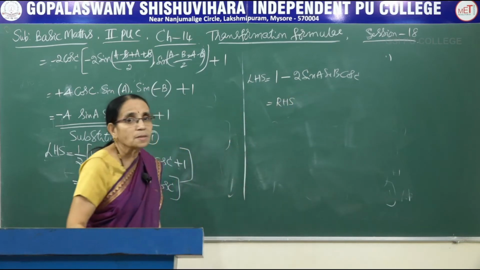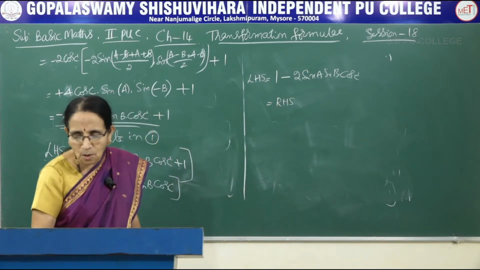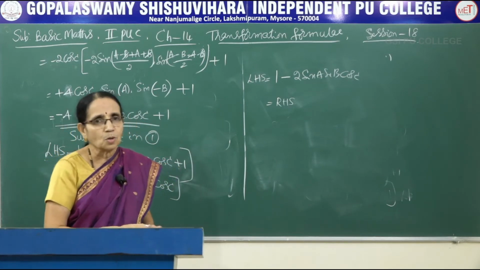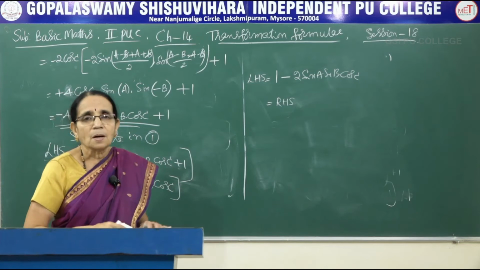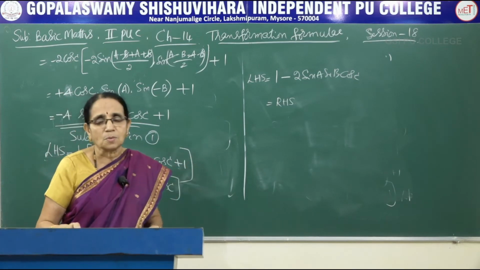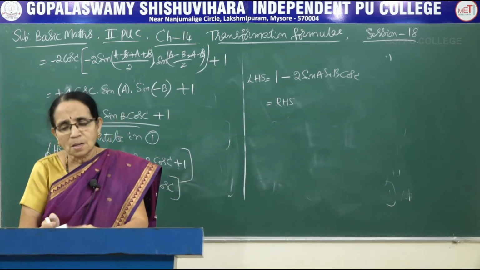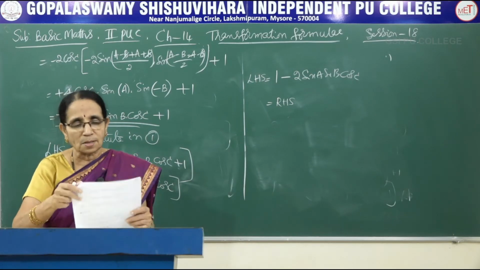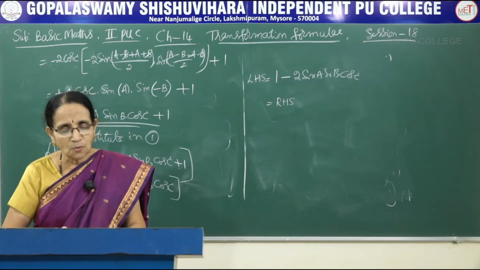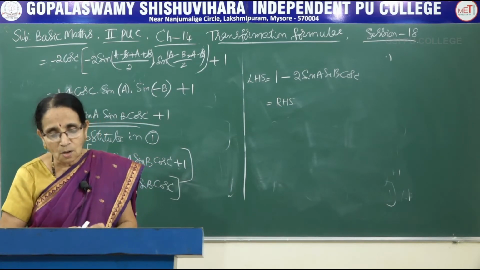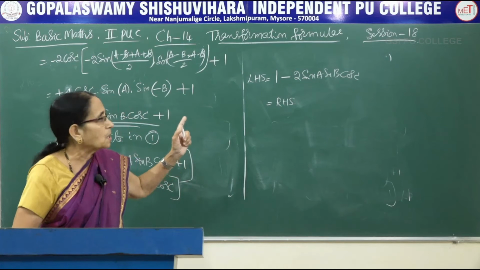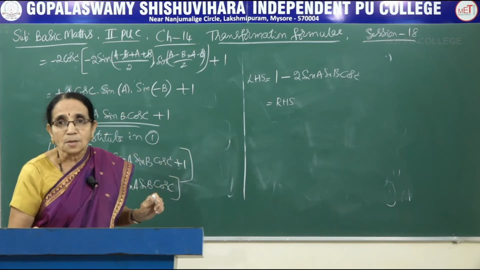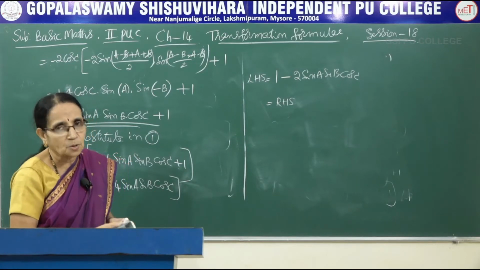These are quite lengthy problems, especially when you are having these square terms. See, in all the earlier problems we worked out in the previous sessions, we did not have the square terms there. So we had only the linear terms. So for the linear terms we could directly make use of the result, that is the transformation formula, whereas here it is not possible. So this is the result, we get 1 minus 2 times sin a into sin b into cos c. That was the right hand side which was expected.